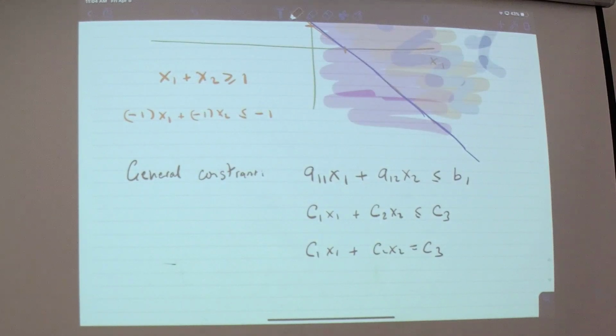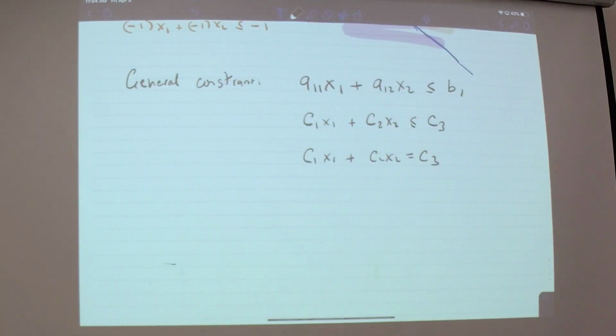So now we can write a linear constraint, which is called a half space. We call these things a half space because it's half a space. You take a line and you say it's on one side but not the other. And in this case, this is called a line. So you have a half space and you have a line bounding it. So every constraint looks like this.